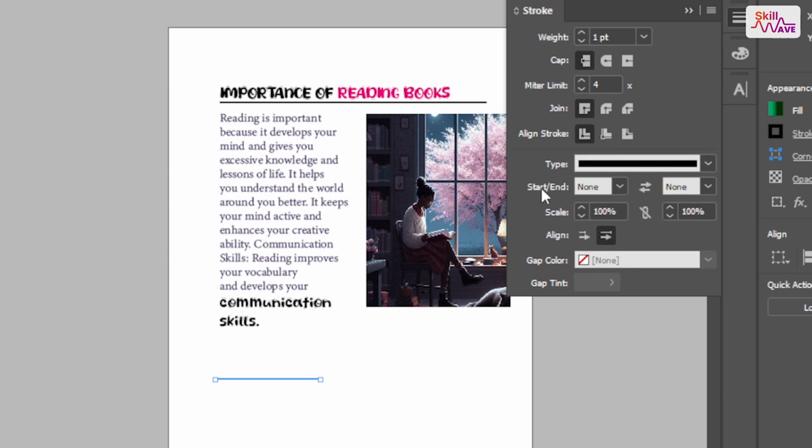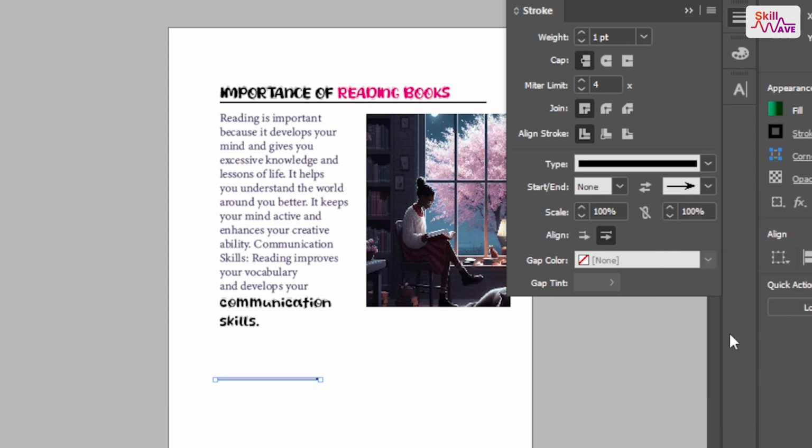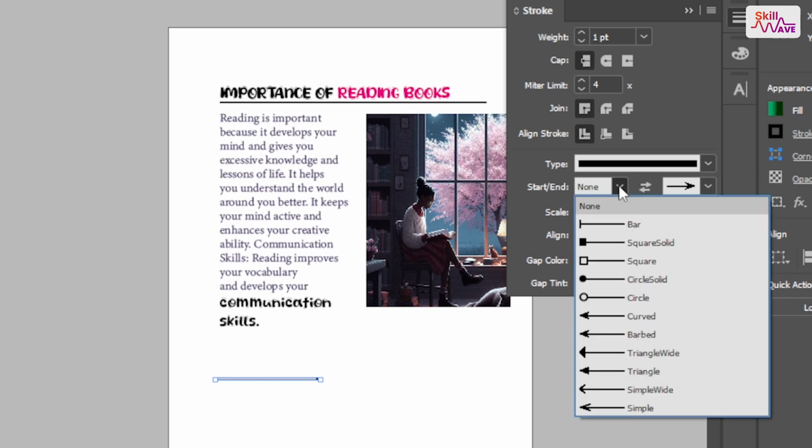To add an arrowhead, look for the Start and End arrowhead options in the stroke panel. Click on the drop-down menu next to End arrowhead and choose your desired arrowhead style. You can also add an arrowhead to the start of the line by selecting a style from the Start arrowhead